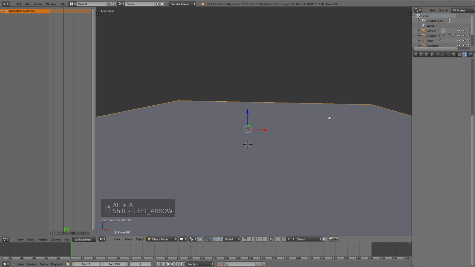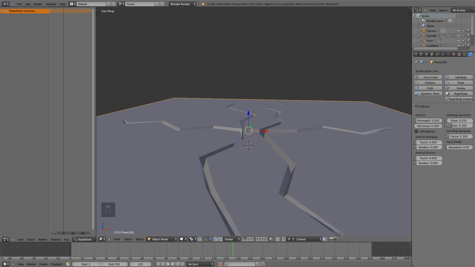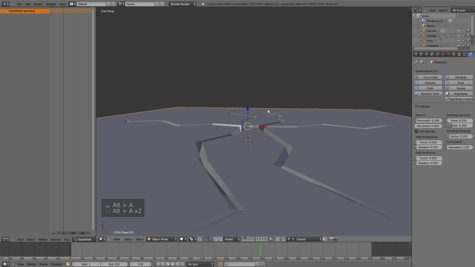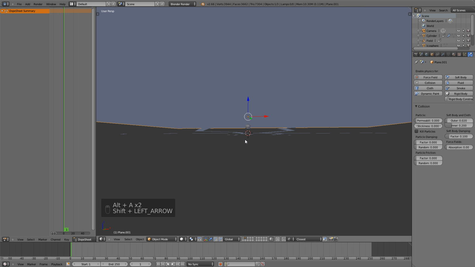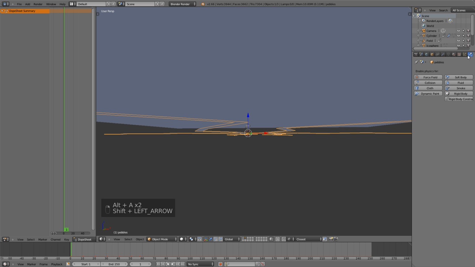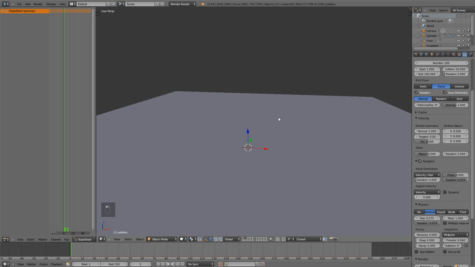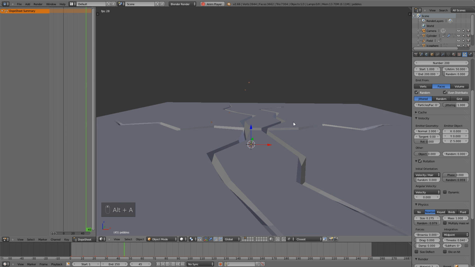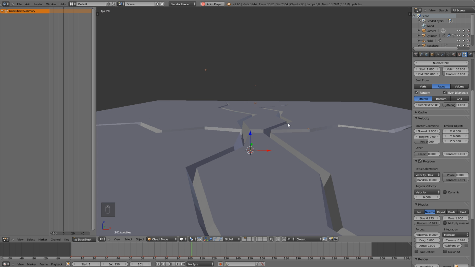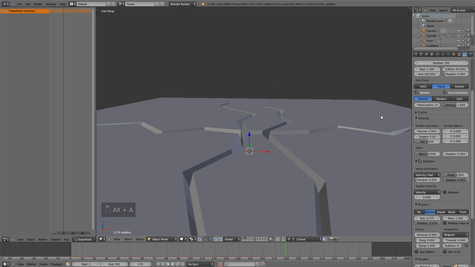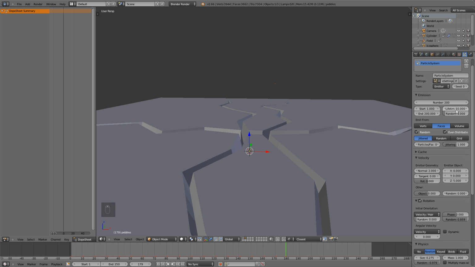To fix that, select the ground plane, go to the Physics tab and select Collision. Now you will see that when I play it, and if I select this and bring the size up a little bit, when I play it, the rocks or the pebbles just go up and then they fall right back through the crack. Now a couple things that we need to adjust is, first we need to put the lifetime